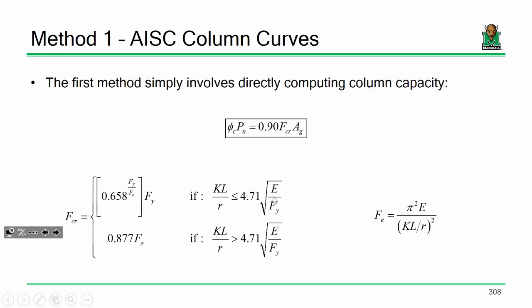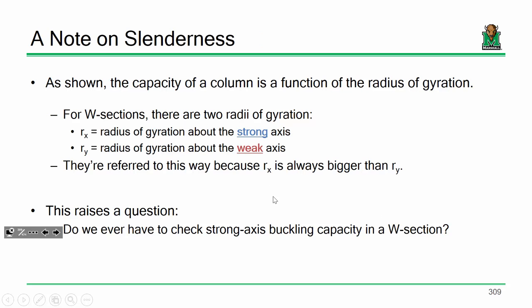Otherwise, you're in the elastic buckling range, and it's 0.877 times Fe. Remember, this is inelastic buckling. This is elastic buckling. And the only term that's not defined there is F sub E, and that's your elastic, your Euler buckling stress. So it's just pi squared E divided by slenderness squared. Okay. Now,